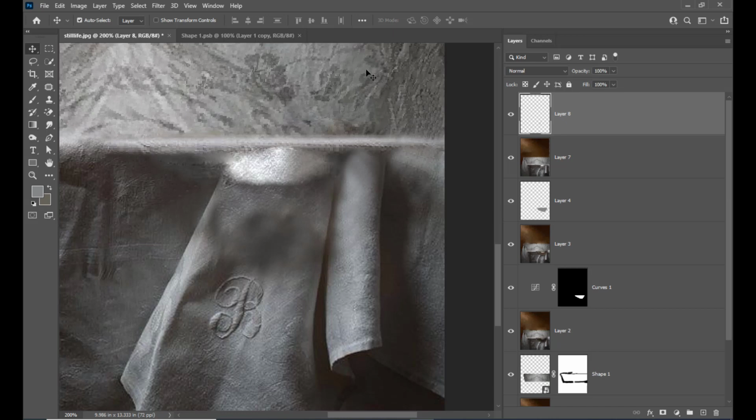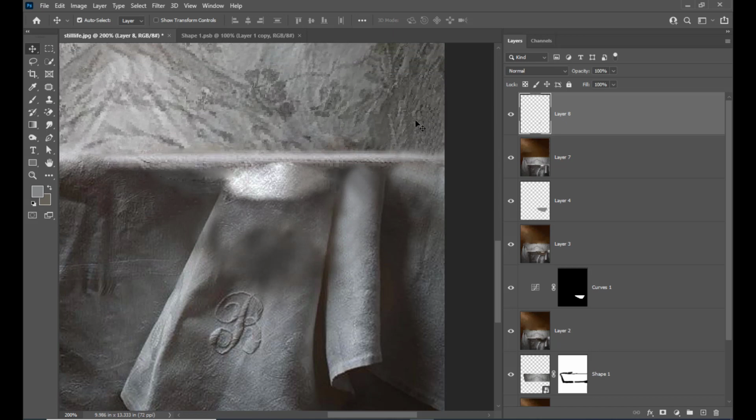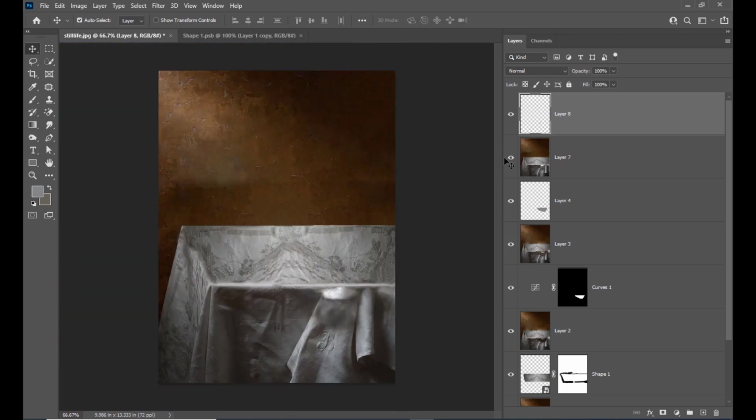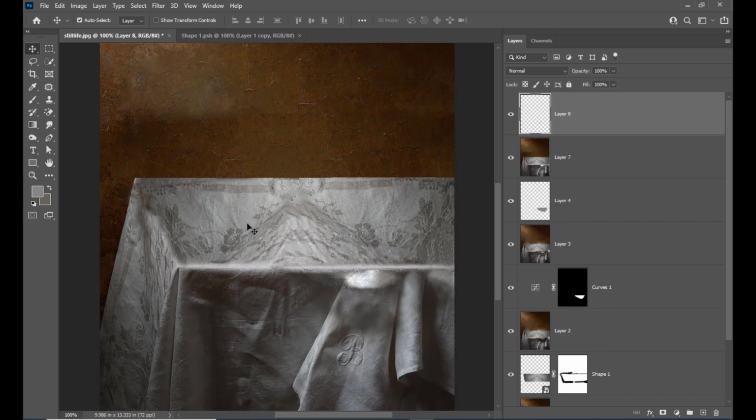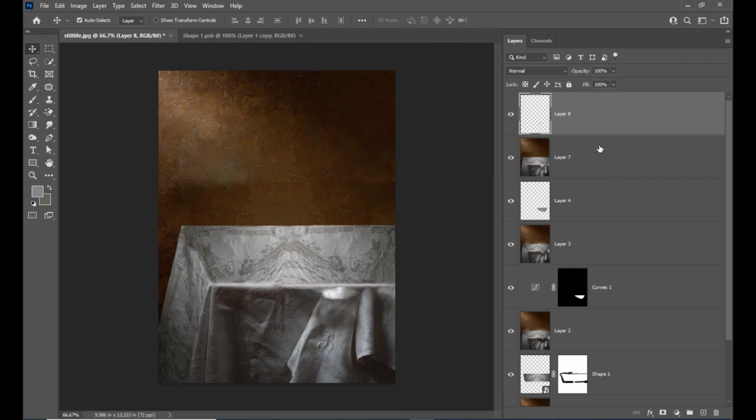So that's it. Just we can use the arrow keys to nudge, right? So here we are able to fix these issues here, right? So again we will merge these two layers,